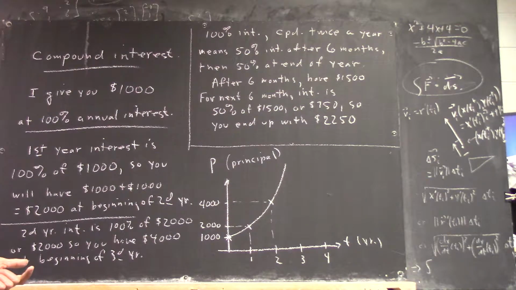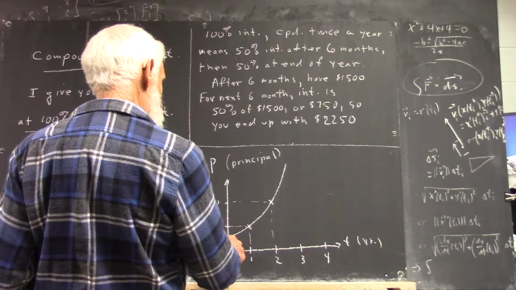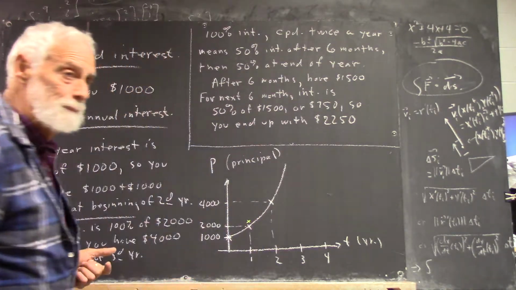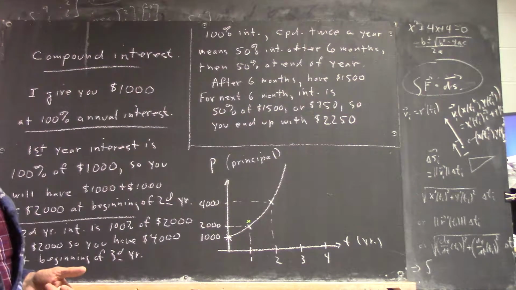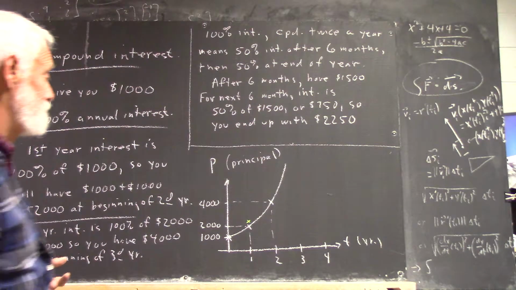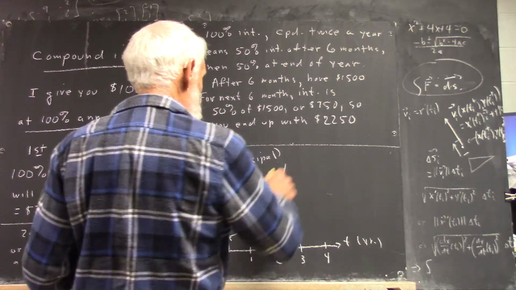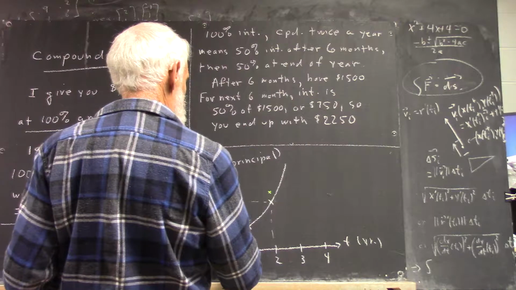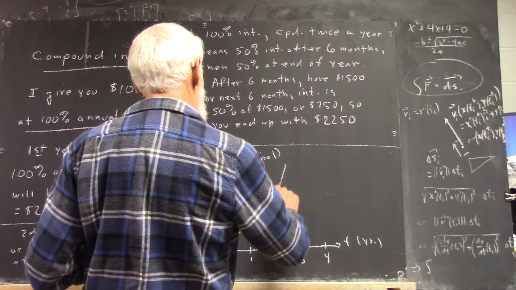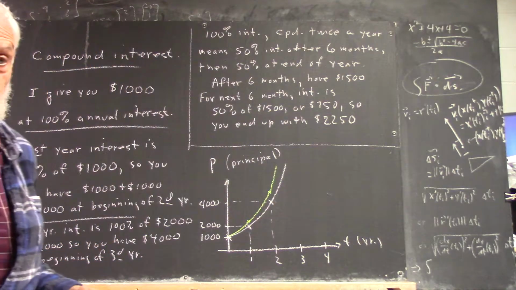I guess we're gonna have to draw it. Well, the graph at the end of the first year is gonna have you up at 2250, right? Okay? And then, if you continue for another year, it's gonna be up here, up above this one, and your graph is gonna end up looking something like this. It's not intended to be very precise, but you get the idea, right?